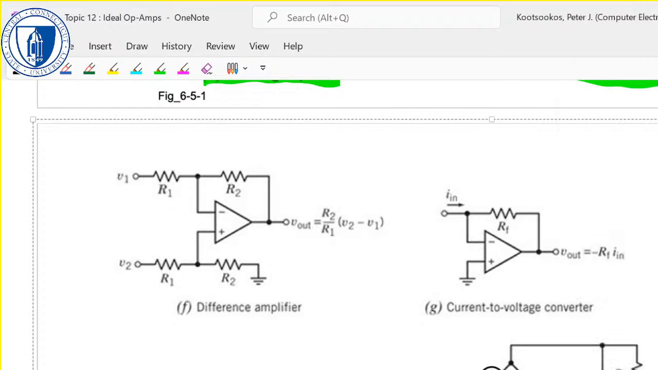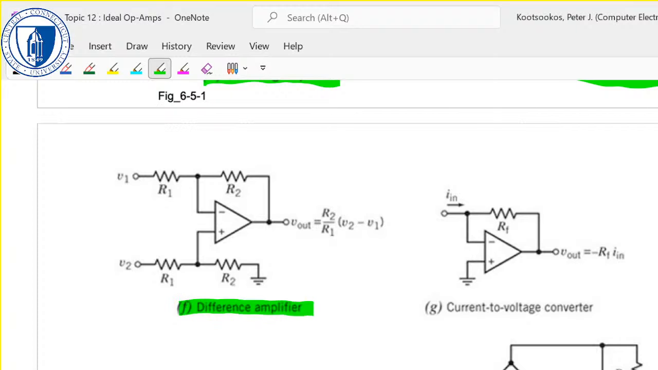Sometimes you do actually want to amplify the difference between two signals. A lot of signaling in harsh environments is done using what's called twisted pairs. Right? We've got one here. I'm not going to unplug it from the wall, but